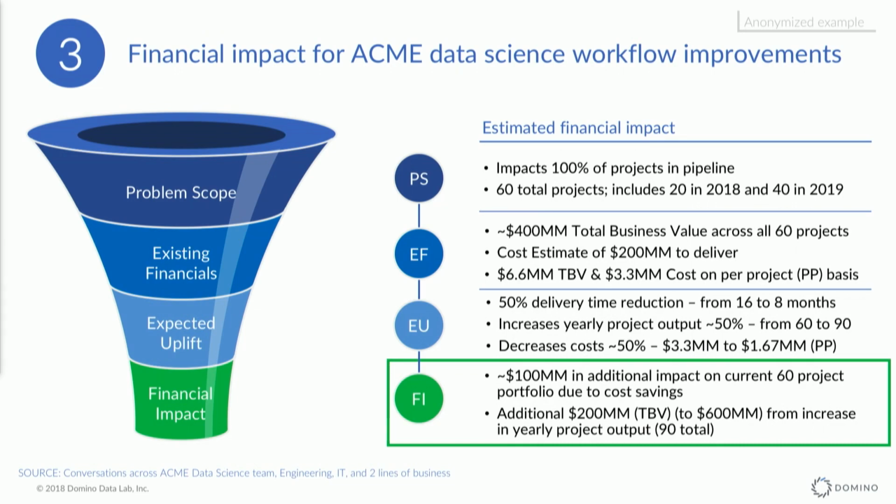They then thought about how much impact can I actually have? You guys all went through, hopefully you drew some X's, hopefully you talked about some problems. You're not gonna solve all of them, but how much could you realistically change? Could you improve it by 30%? Could you improve it by 50%? Acme estimated they had 50% upside and that they could cut costs by 50%. And what that meant to them is that they could go from doing 60 projects to doing another 30 projects on top of that, and that they could save money on all of those existing projects. And if you sum that all up, that was about $600 million of value at stake for them.